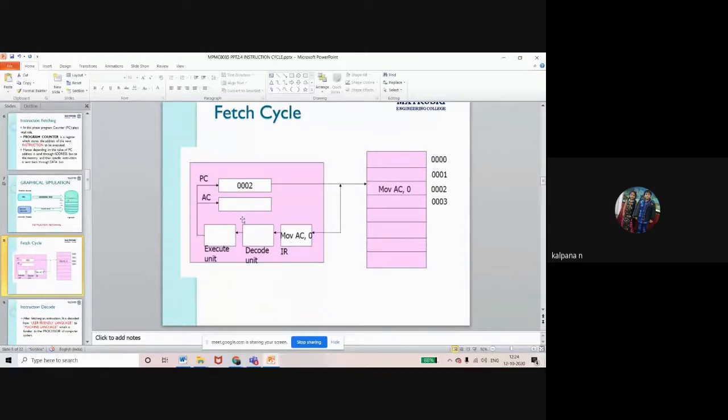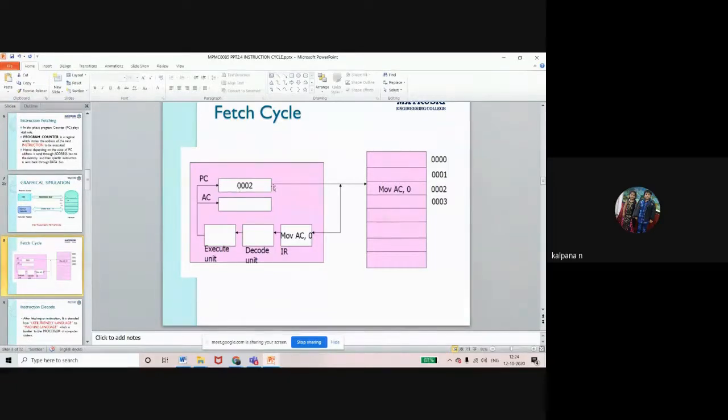So this is the fetch cycle. Instruction fetching means what? First, an instruction is given to the processor, and it immediately occupies some space in the memory, and that location's address is stored in the program counter. To fetch the instruction, the processor first checks the program counter, which contains the address of that instruction.